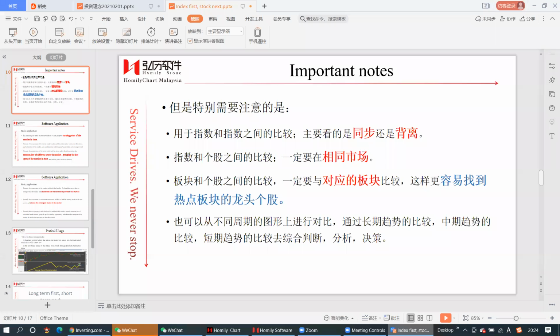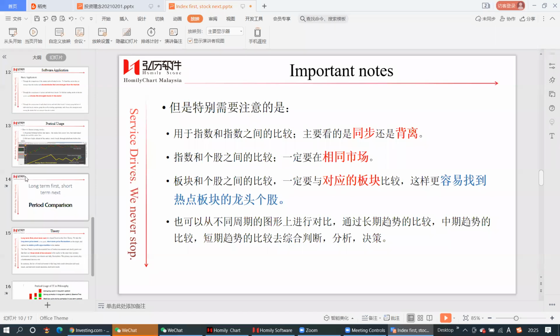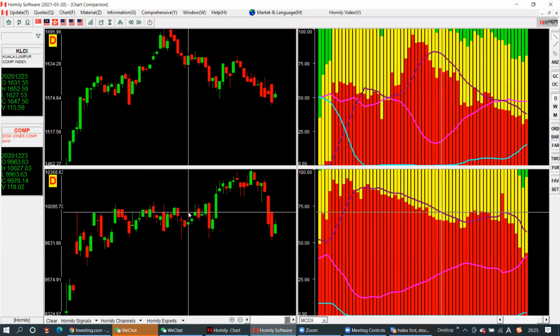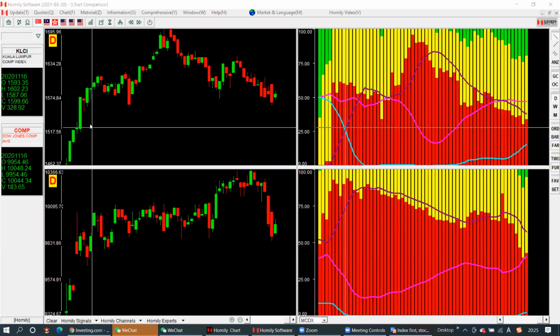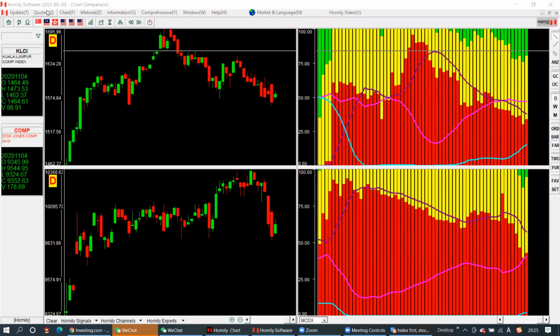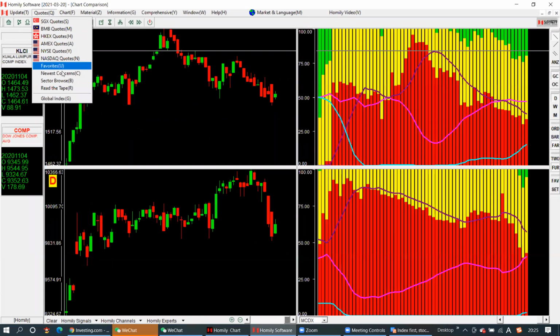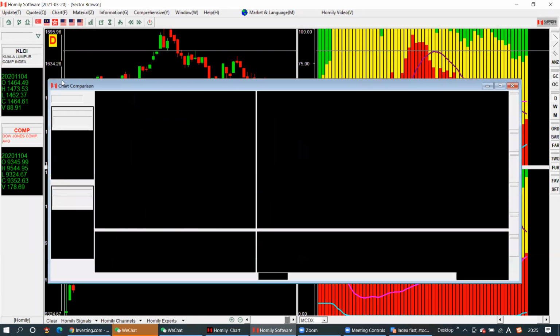And here, between the stock market and the index, and between the stocks, we need to see the trend, and also we need to find, between the sector and the individual stock, the hot sector and the big boss. I mean the big brother of the hot sector. Like today, we want to focus on the hot sector, right? How can we go to the sector? Browse here,